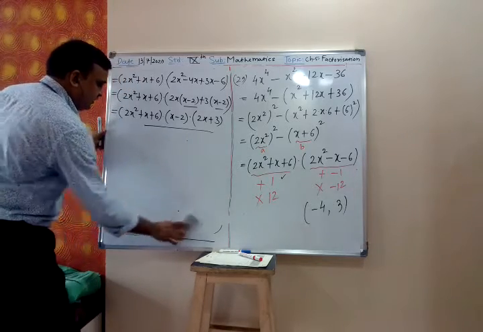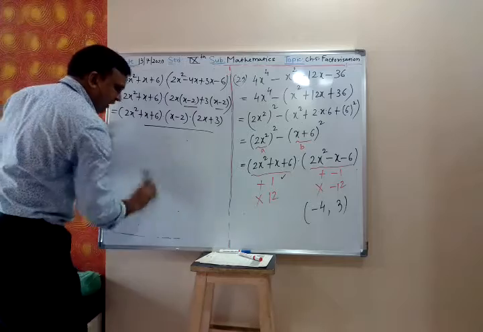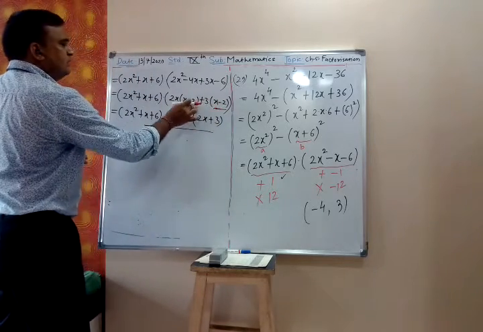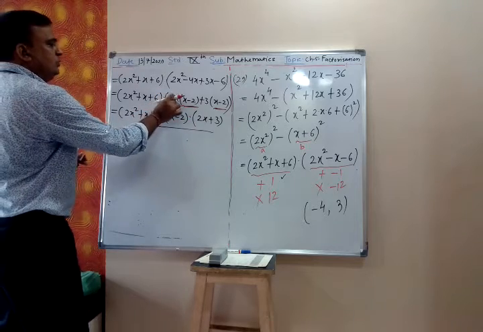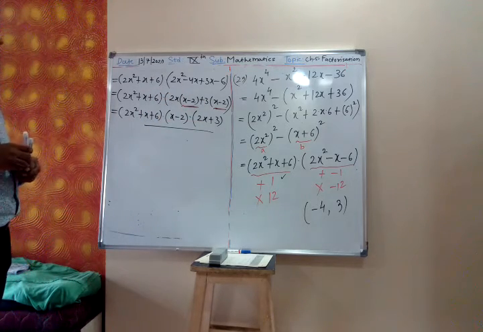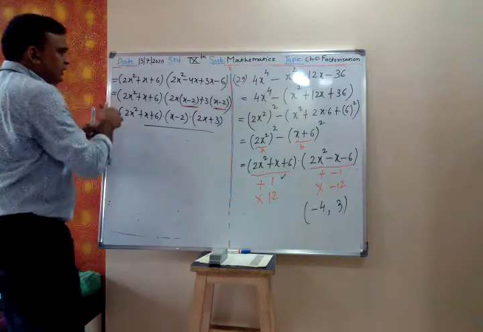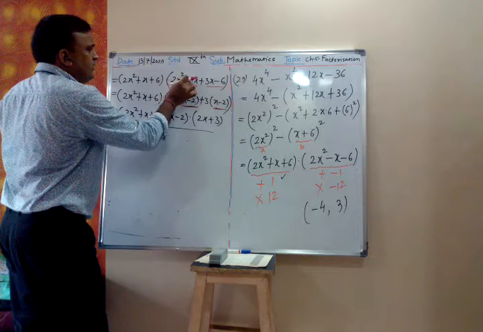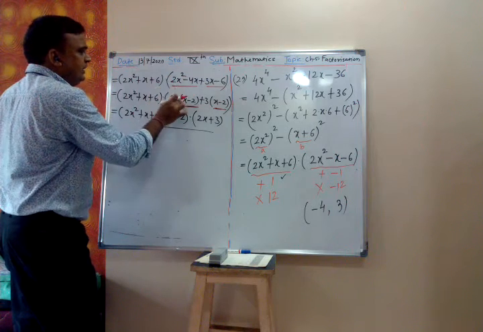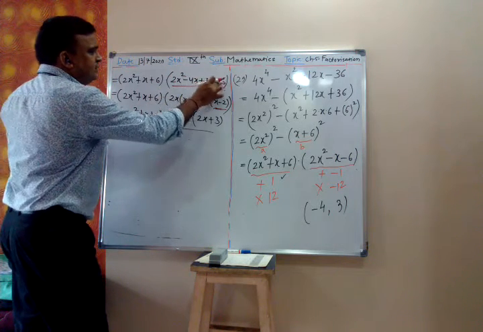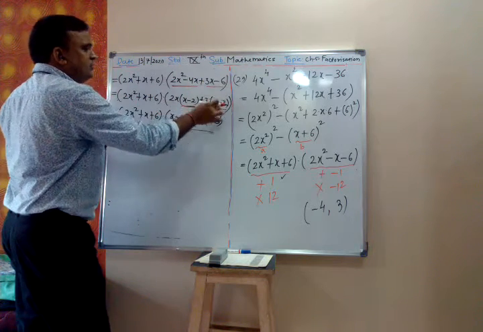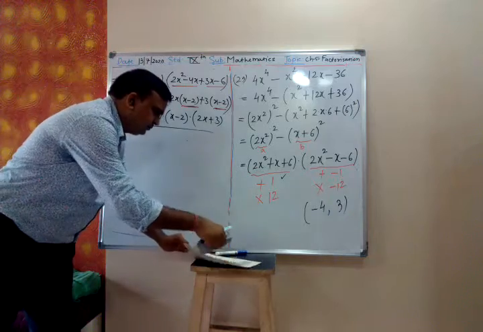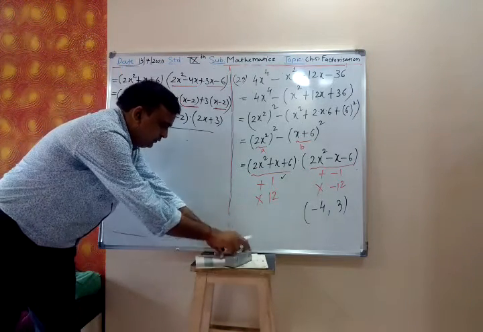See how x minus 2 has come. X minus 2 is common. That I am taking outside, so what is left? 2x plus 3 is left. Because in these two I have done the grouping. These two I have grouped, these two I have grouped. 2x is common, so what is left? X minus 2 is left. Then 3x minus 6, 3 is common. What is left? X minus 2, common. Understood? Okay.